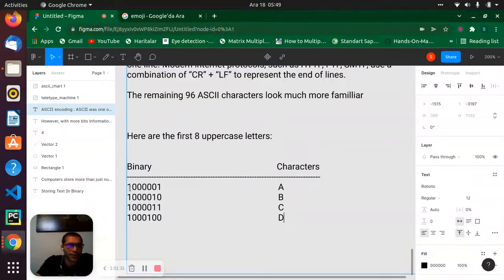Okay, this one is, we can think like 64. 64 plus 1, 65, it's representing A. 64 plus 2, 67 is B. And 64 plus 3 is 68, right? 4, 5, 6, 7.